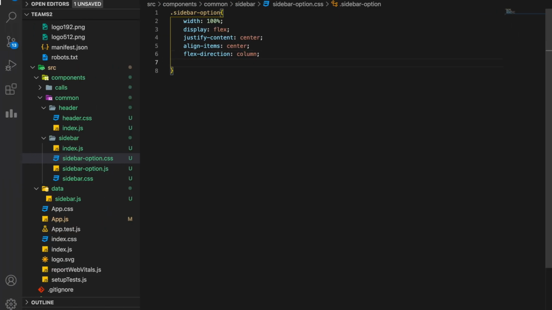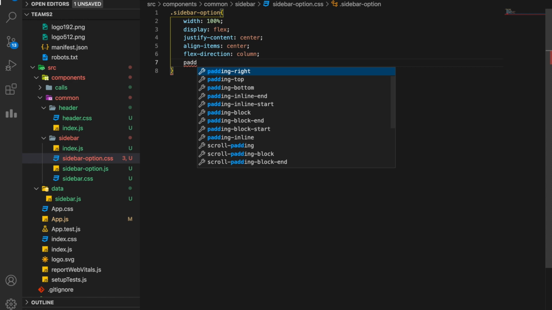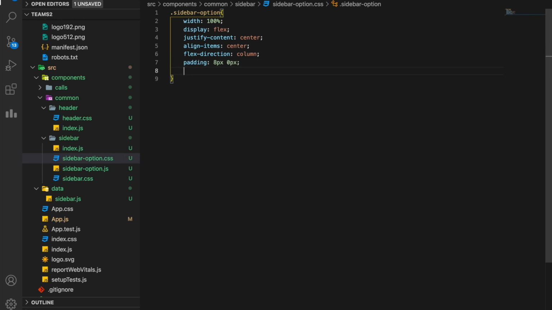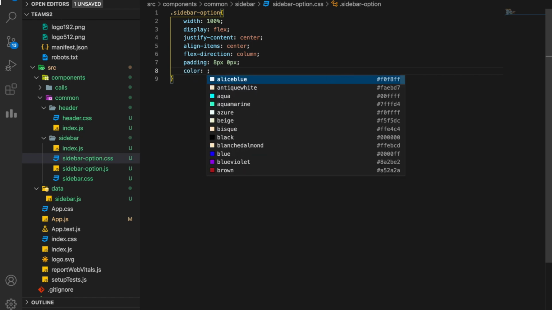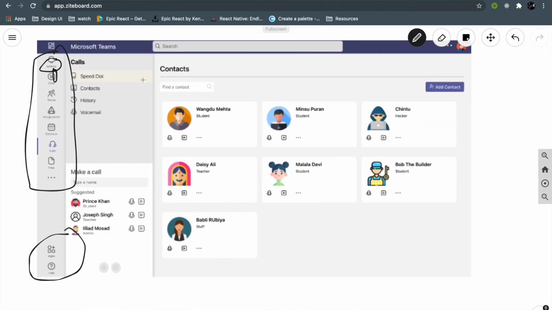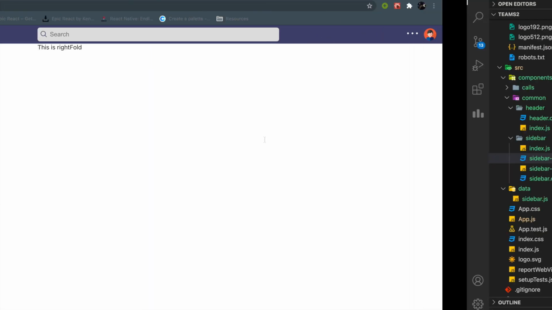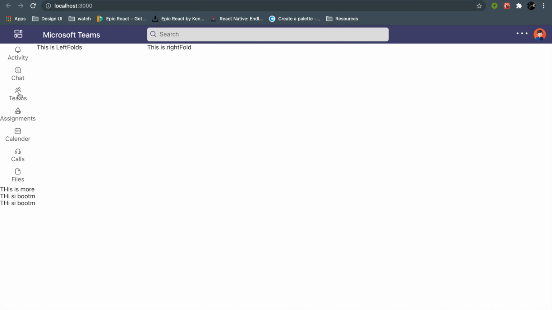Then we have padding, I need padding of 8 pixel and 0 pixel. 8 pixel for top and bottom, but I don't want any horizontal padding, so I'll give it 0. The color is actually a slightly darker gray shade, so this is hashtag 616161. This is a darker shade of gray. Also cursor pointer, so that when I hover over it, it looks like a pointer. So as you can see, this is the pointer and it looks good.